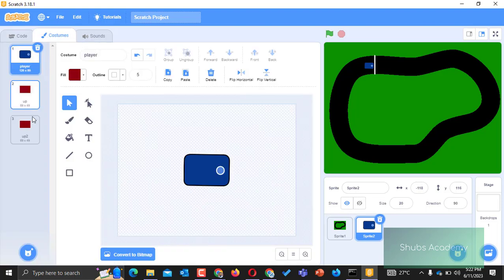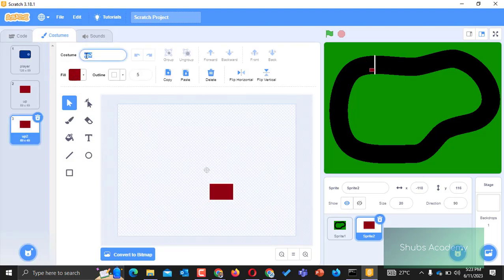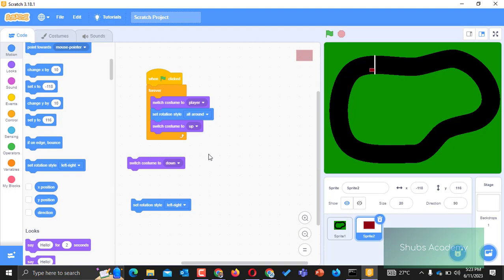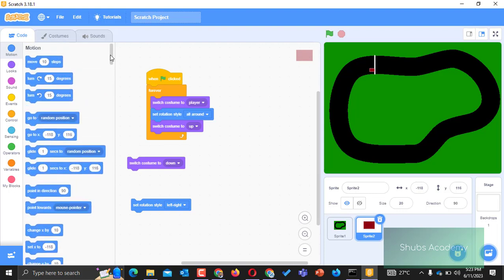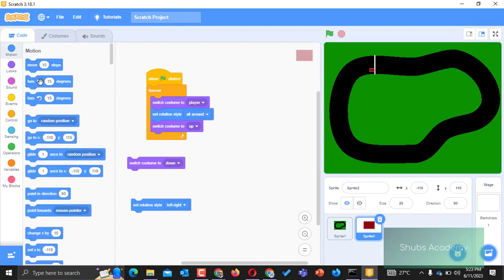Okay, so I need to go and rename this. Instead of up two, I need down there. Okay, switch costume to up, and then I need turn. Okay, so it's going to turn to the left and turn to the right. So I need this turn 15 degrees. I need turn left 15 degrees. So for this, we'll turn right